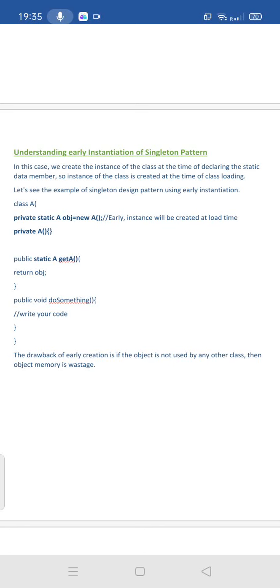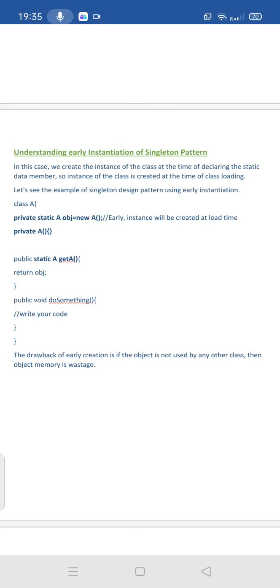Then we can use the instance of this class outside. To achieve that purpose, we have the static factory method. I am declaring the static factory method with the name getA. This method will return the object which we created in the above statement. That is the purpose of having the static factory method.